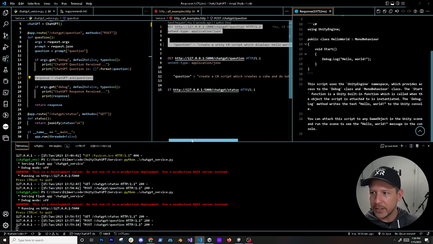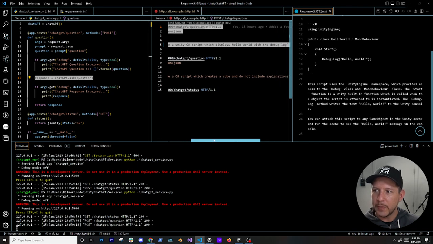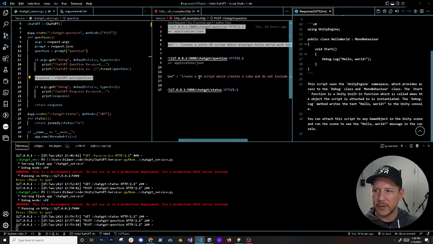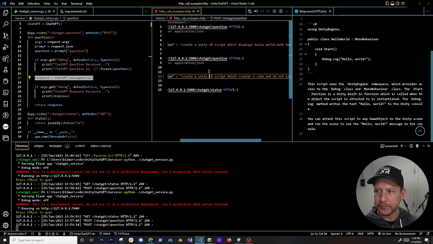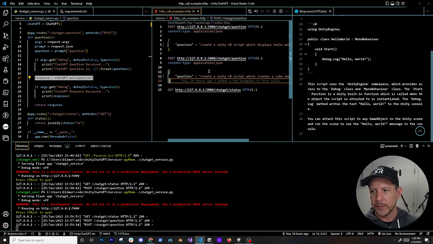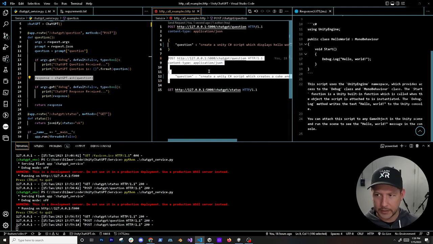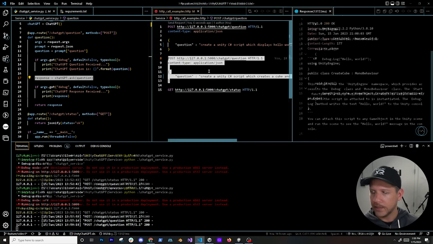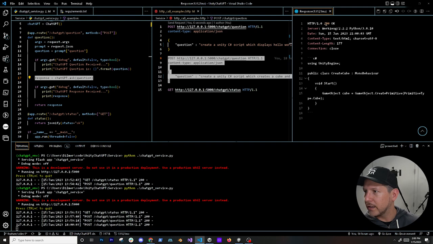This one says create a C# script which creates a cube and do not include any explanation. So we can say, create a Unity C# script that creates a cube, something like that. And we can add more complicated stuff if we wanted to. So I'm gonna do that and then just send that other request. And looks like this is completed as well. We can see this was a successful call, C#, UnityEngine, and we don't have any explanations, which is really cool